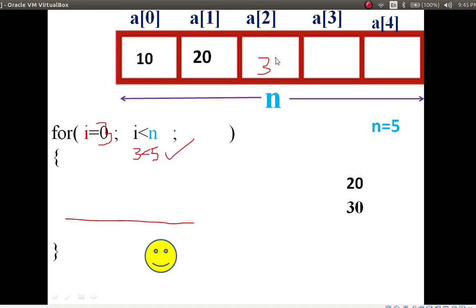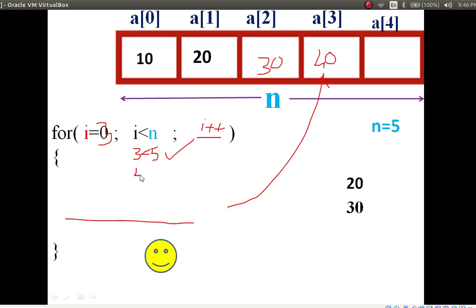Here 30 is inserted. Next we have to insert 40. Okay. After inserting 40, what will happen? Next i is incrementing. i plus plus. Okay, what is the i value? 3 was the previous i value.